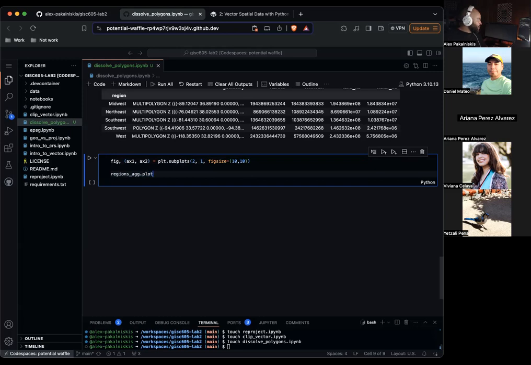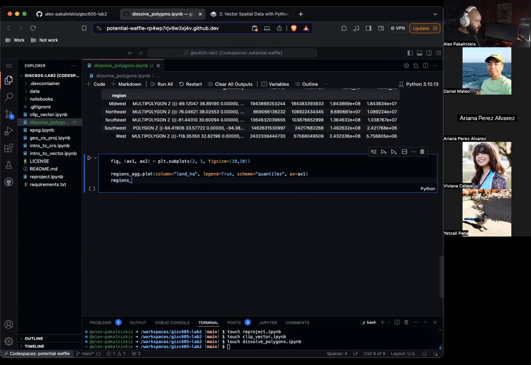regions_ag.plot(column equals land_ha, legend equals true, scheme equals quantiles, ax equals ax1).